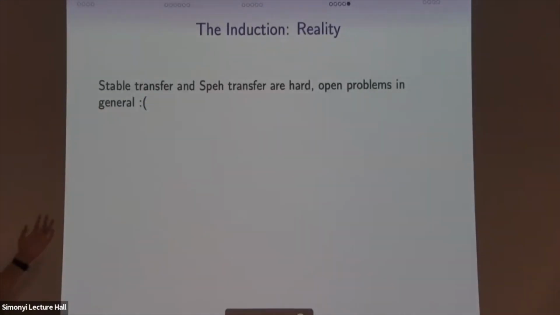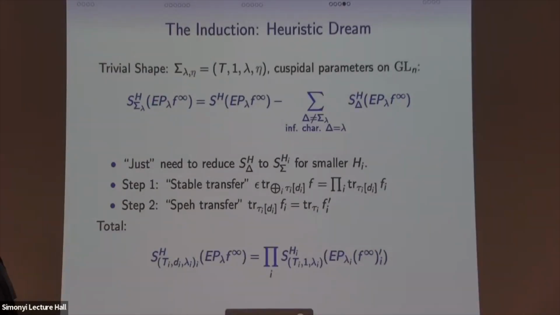Of course, in reality, doing these stable transfers and space transfers explicitly are very difficult open problems in general. I'm sorry, are you completely done with the induction step? Because if you're doing it on one variable and you have four, shouldn't you be doing it on every single one? Well, also the point T is, and then lambda and